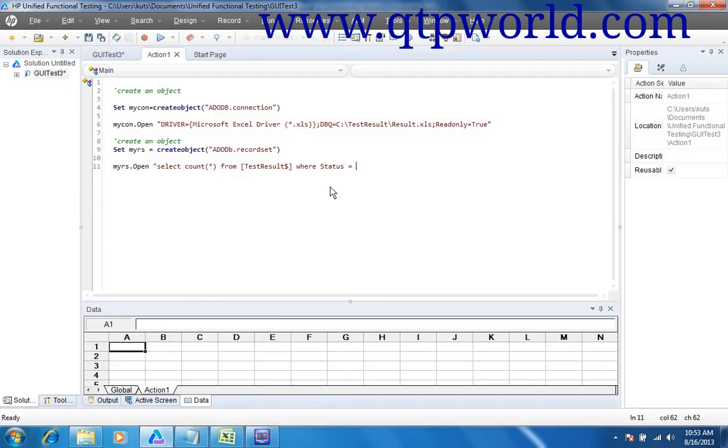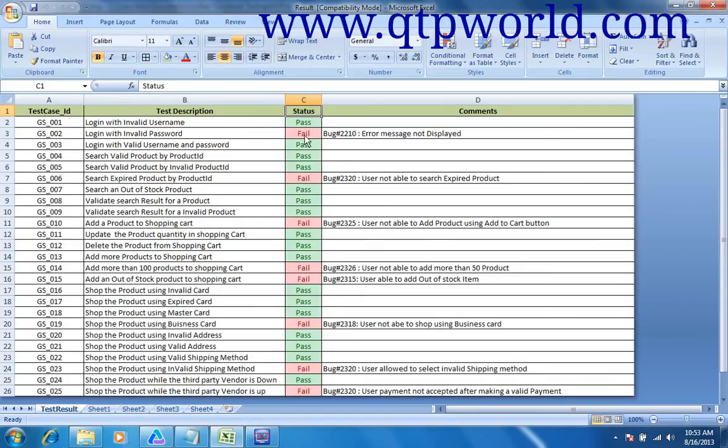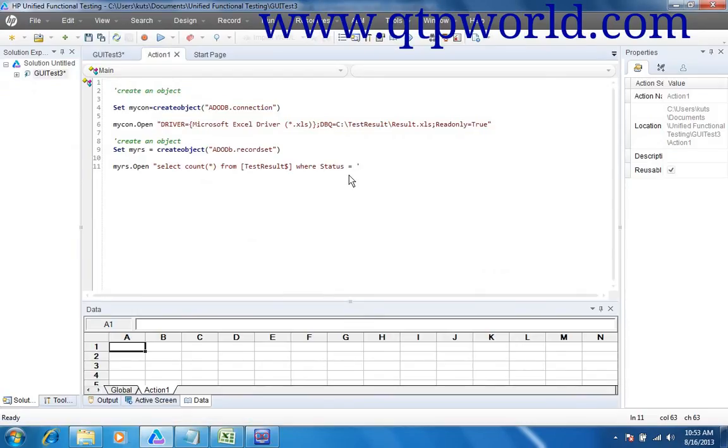I would be saying status is equal to... I'm interested now to see all the test cases which are fail. So the status is fail, F is capital. So make sure it is in the same case that you give and then close the double quotes, comma